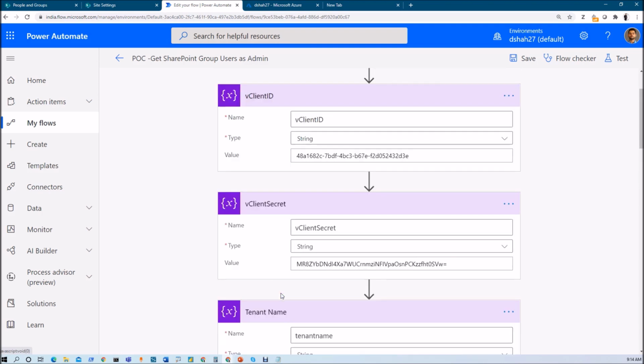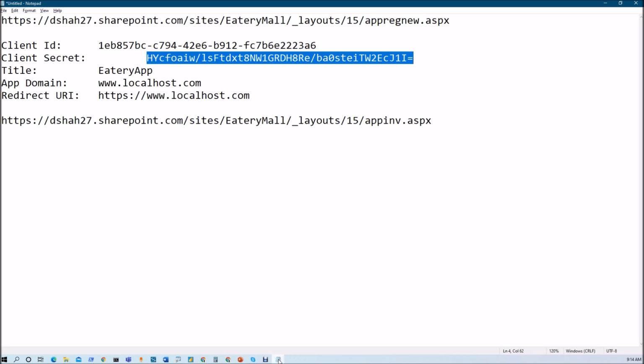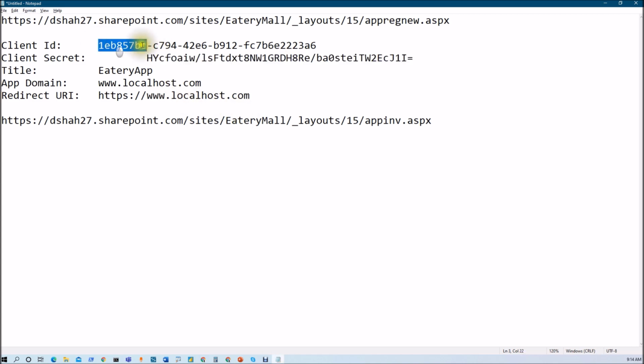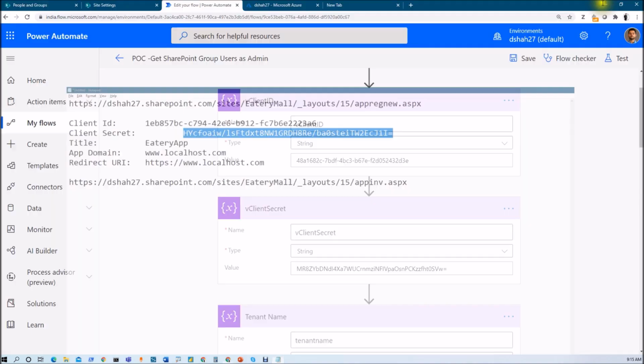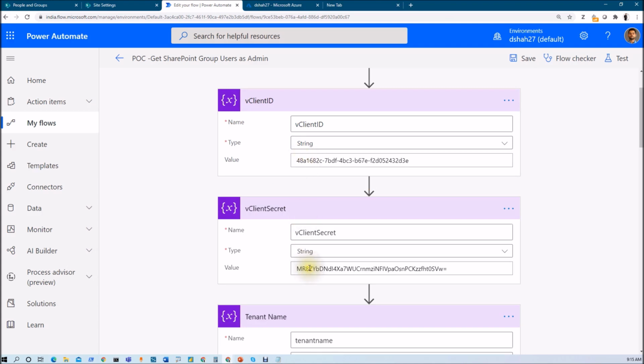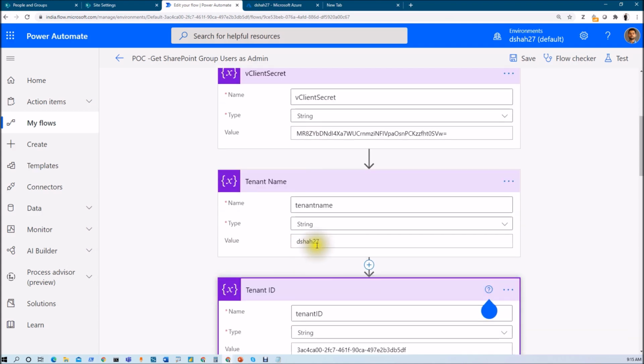These values we are getting exactly from step 1 that we stored. Remember, in the earlier step we stored all the values in the notepad. So client ID is something we are getting from here, and client secret is something we are getting here. Both of these values we need to copy and paste exactly over here. Then for the tenant name we need to provide the name of your tenant.